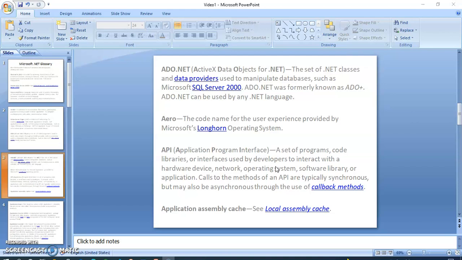Calls to the methods of an API are typically synchronous, but may also be asynchronous through the use of callback methods. And then application assembly cache, that we will see in the local assembly cache.